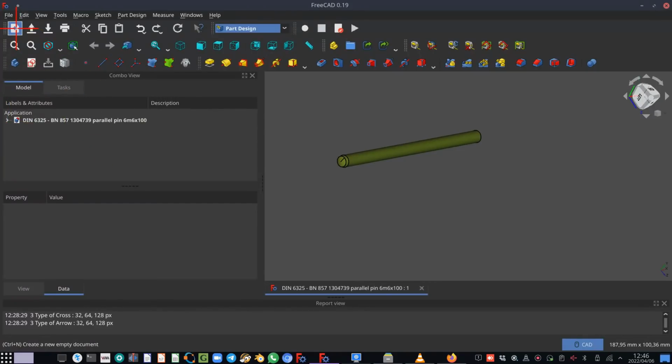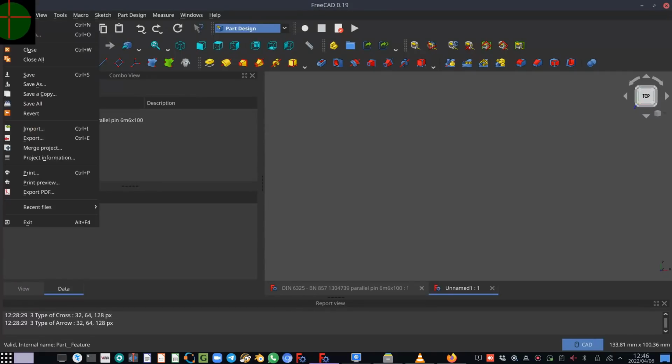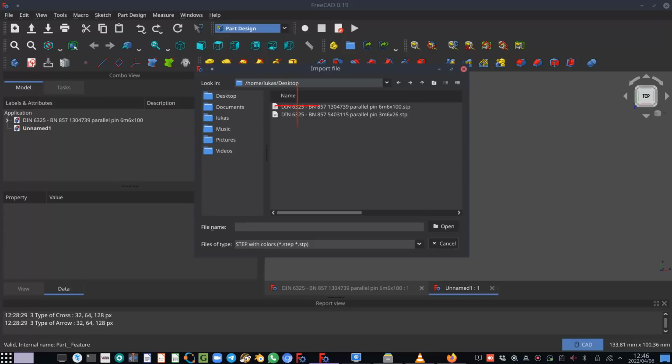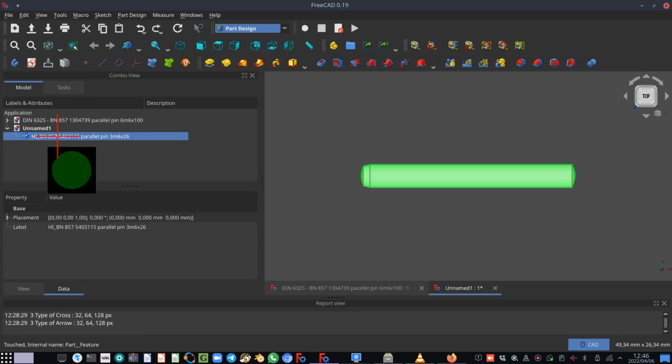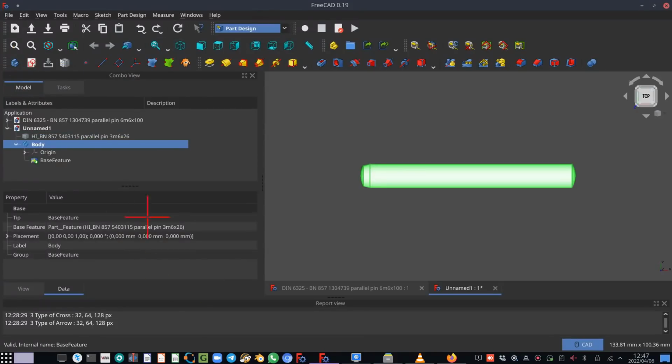So let's just go through it. So in the part design workbench, we create a new empty document. That document is active. It's bold face, as you can see. So now we can say file, import, and then we select the bottom one, open. Right, with the, this is the imported step file. With that selected, in the part design workbench, we click create a new body,